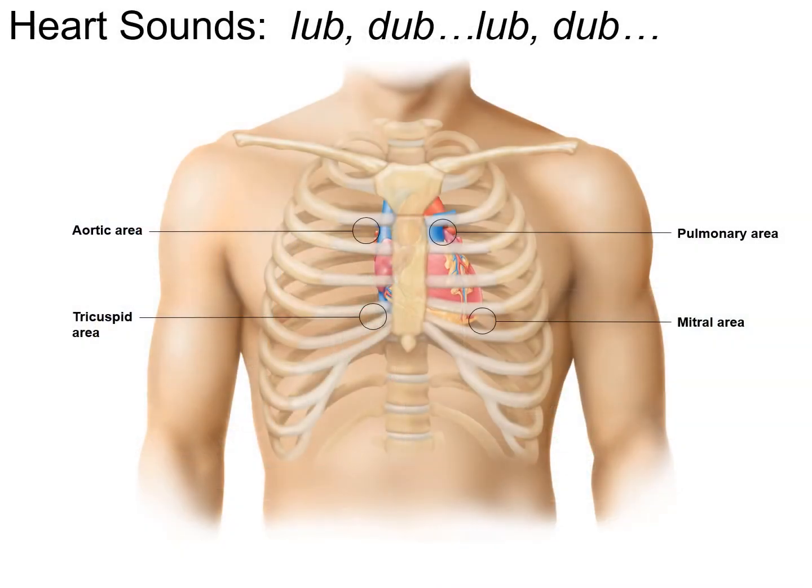Okay, so here we are, of course, looking at the heart. We, I think, looked at this diagram in the previous voiceover. This just simply relates the position of the heart relative to the sternum and the thoracic cage. But what this is introducing are particular areas here, as circled, that we would place our stethoscope to listen for